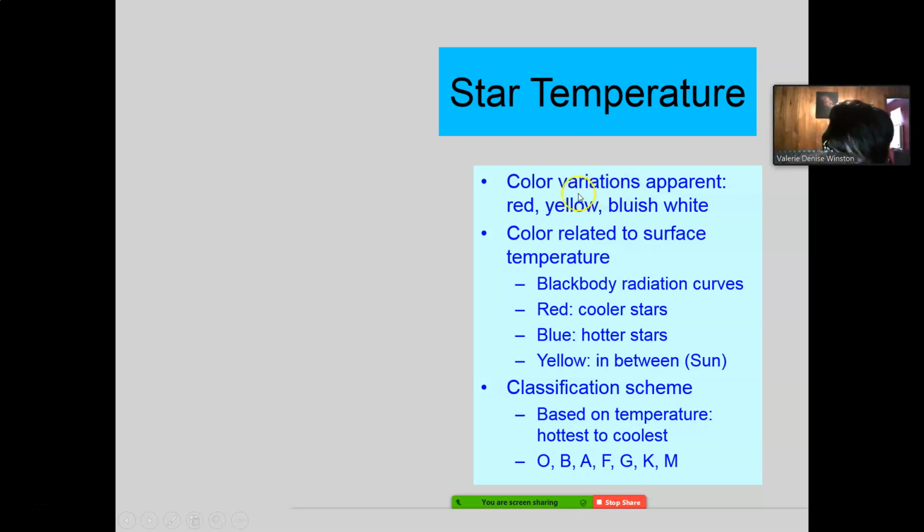So we go by colors. Now, which color do you think is the hottest color? Red, yellow, blue, or white? Which do you think is hottest? Red, yellow, blue, or white?